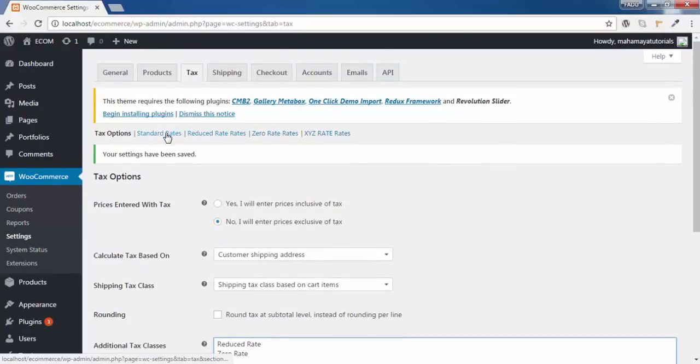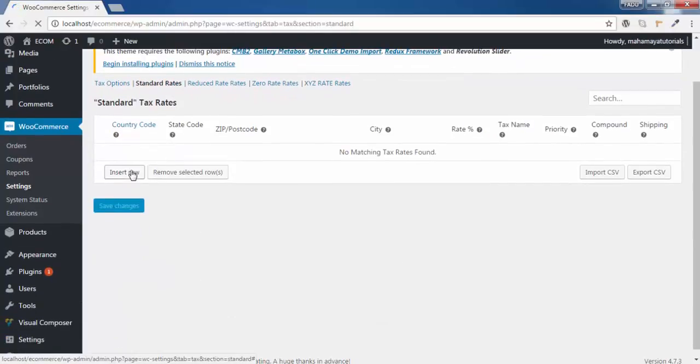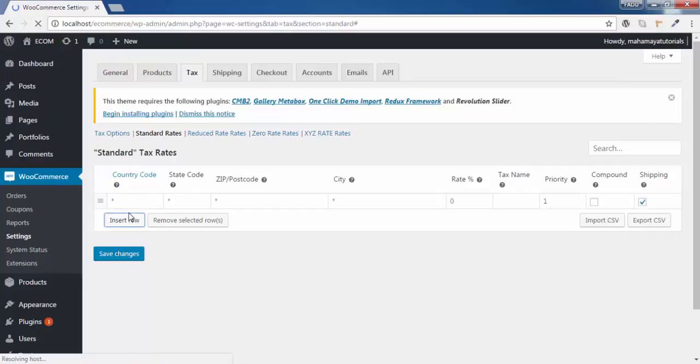Now we'll look into this. Go to standard, insert a row, and choose a country on which you want to apply that particular tax. Let me choose India. Choose a state of that India, AP, and choose the postal code of that state.